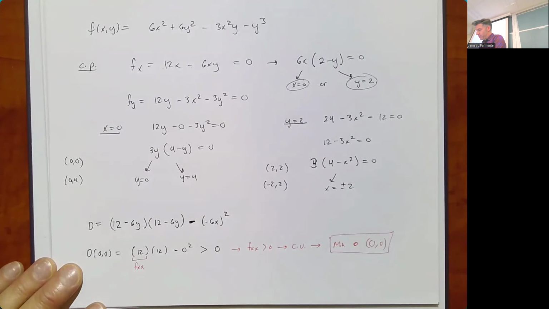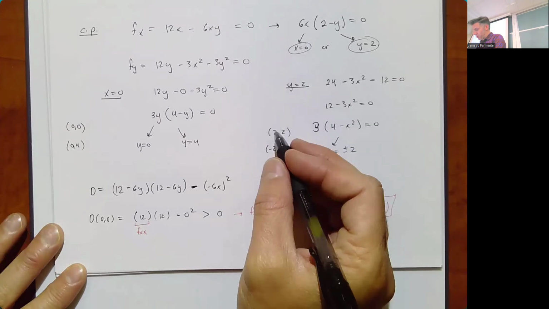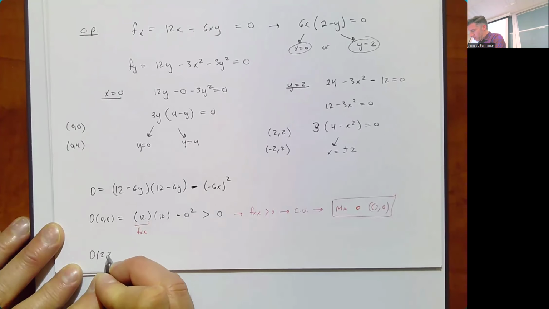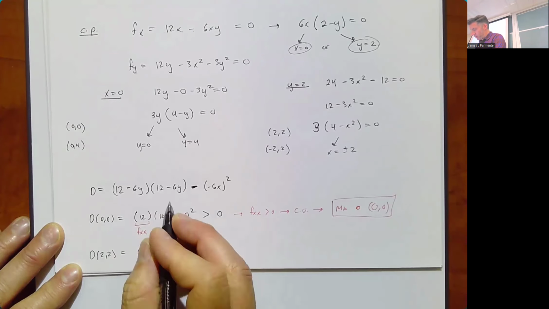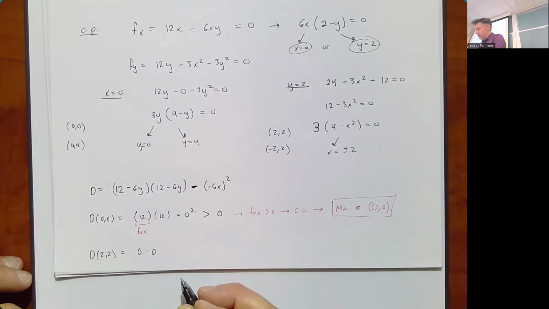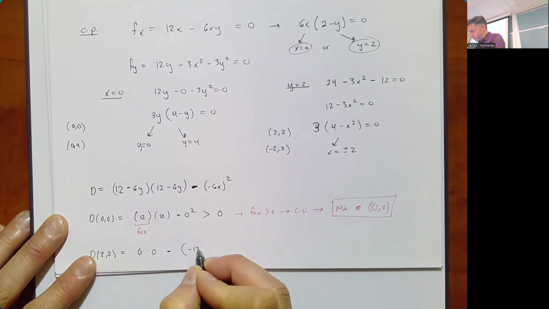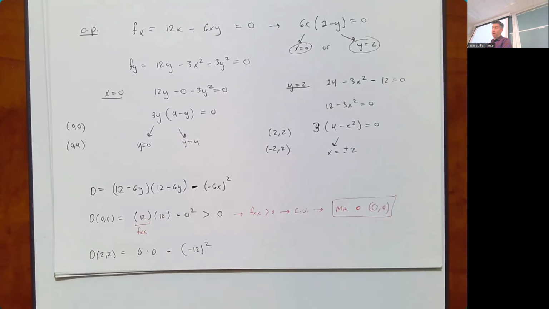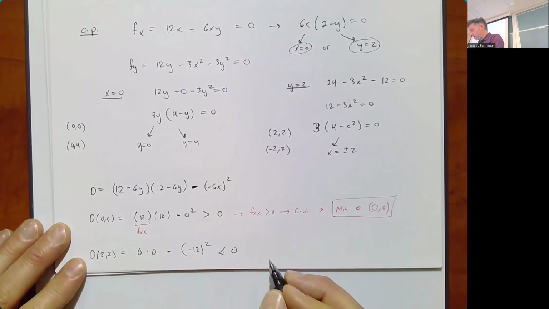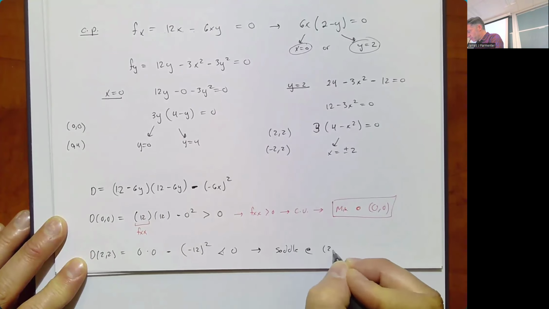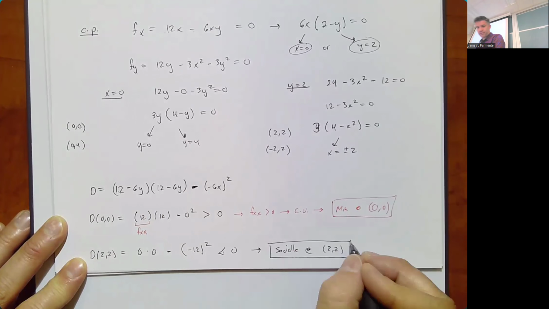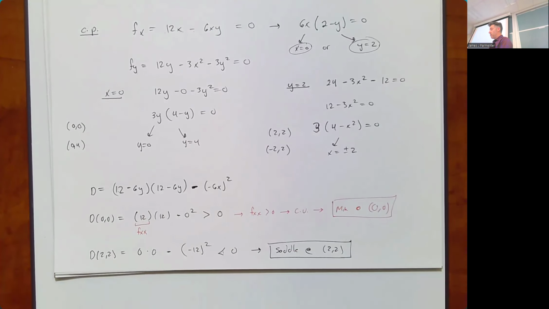Let's plug in 2, 2, just to see what happens. You're going to get 12 minus 12, which is 0, times 12 minus 12, which is 0. It doesn't really matter, it's 0. Minus negative 12 squared, which is certainly going to be negative. So at 2, 2, we have a saddle. At 2 o'clock, I'll stop talking. But I will say, you're also going to get a saddle at negative 2, 2. And you are going to get a maximum at 0,